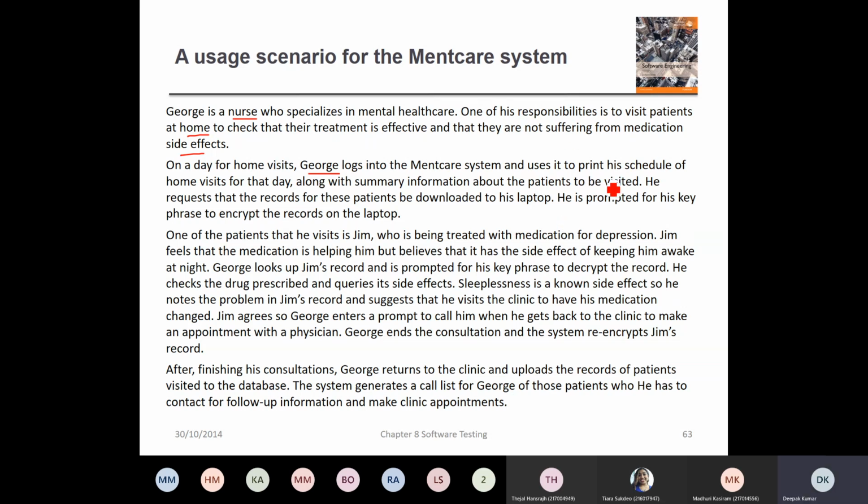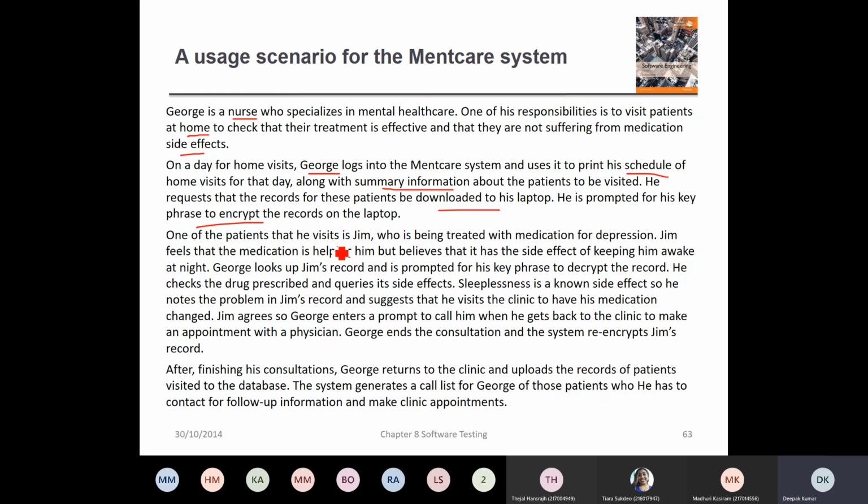So first it must print a schedule for the nurse. Then there should be some summary information about the patient, medical records, and what medicines have been prescribed to the patient. This can be downloaded on the person's laptop. Yes, the data has to be encrypted. So you can check all the different stages of this complex system at every point of time,